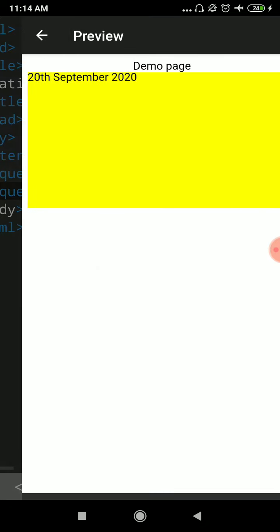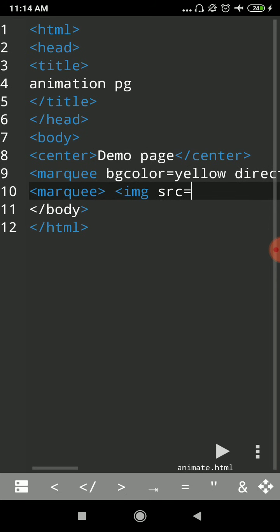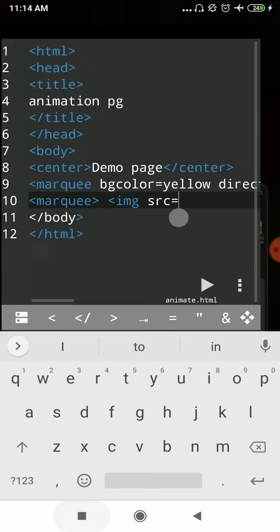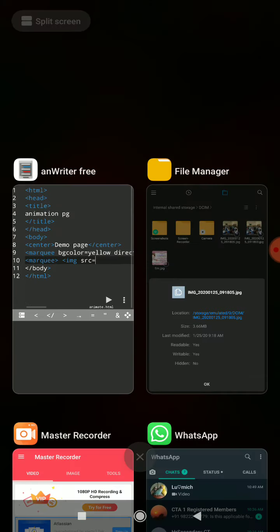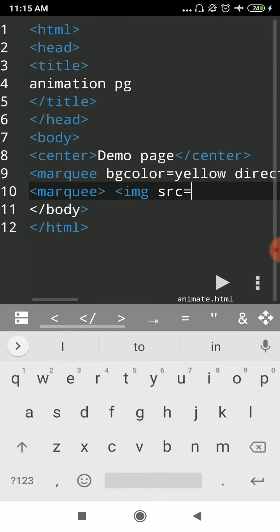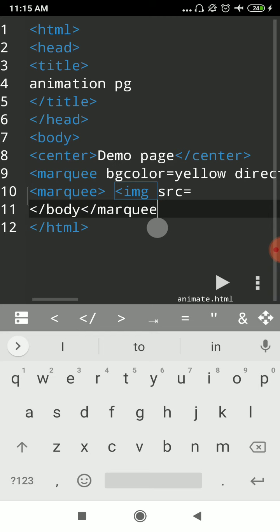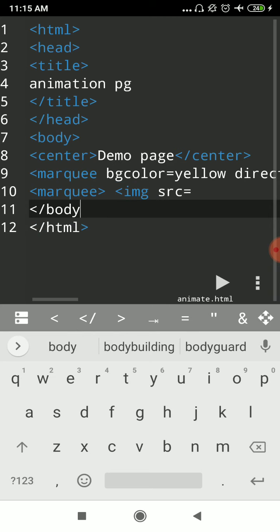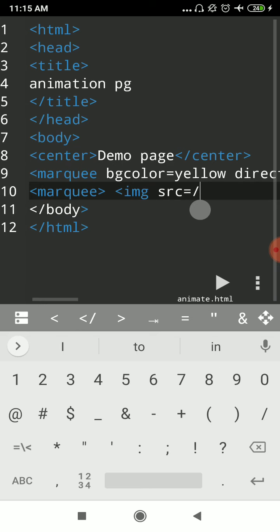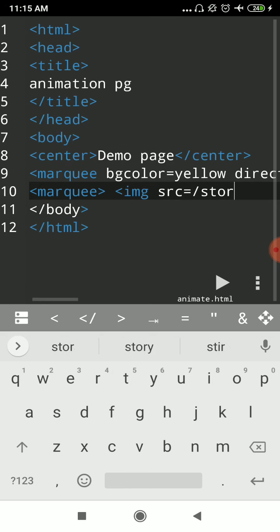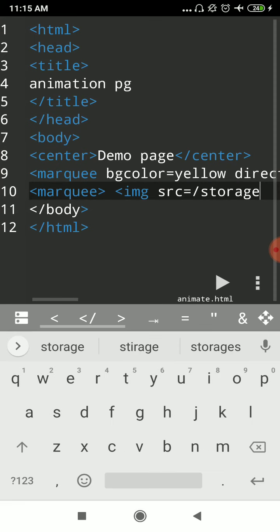Okay, let me save this file as there is some problem with my editor app. Slash storage, emulated.